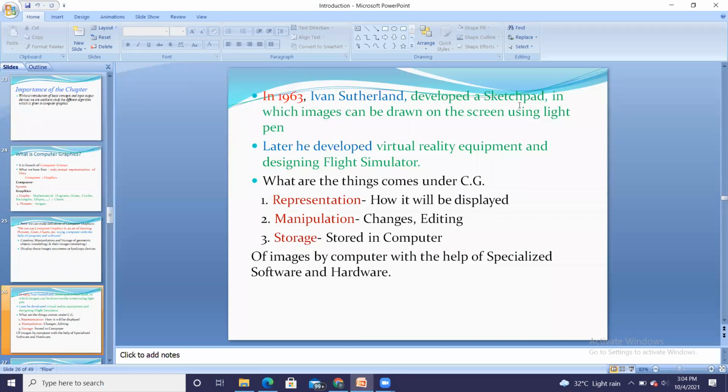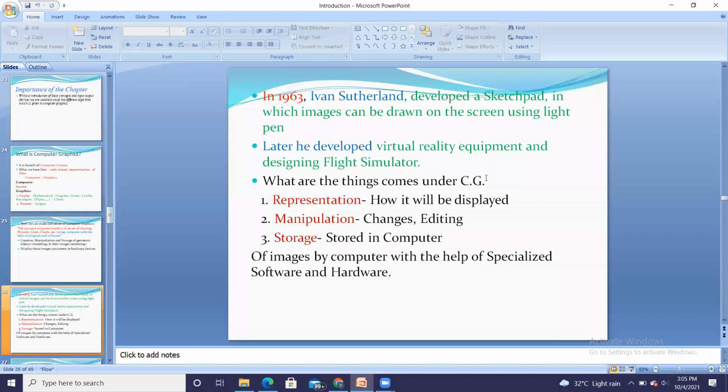Sketchpad is not the same as your tablet or notepad, where we are able to write things along with the light pen. By using the light pen, we can write on that sketchpad, or we can draw images which will appear on the screen. You might have observed it while making a signature.